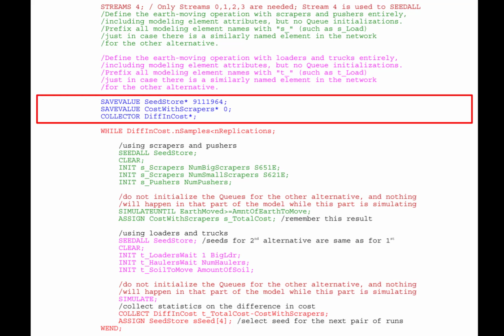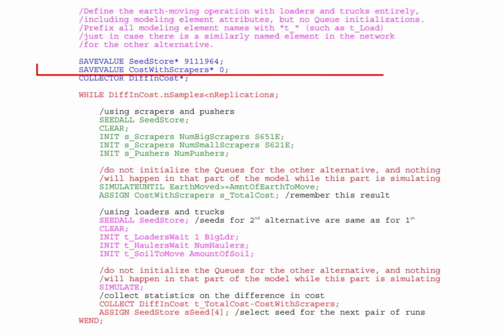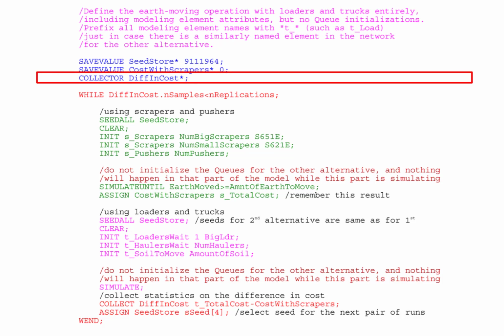After we define the networks for the two alternatives, then we have the definition of save values and collectors that will be used to compare the two alternatives. This persistent save value seed store is used for initializing the random number streams for each replication. This persistent save value cost with scrapers is used to save the cost with scrapers alternative to compare it to the cost with trucks and haulers. And the collector difference in cost is again a persistent collector where we save the differences of the results of